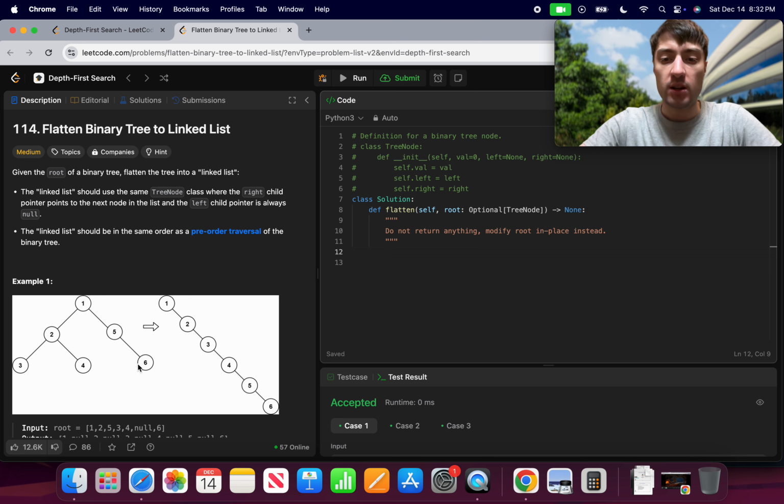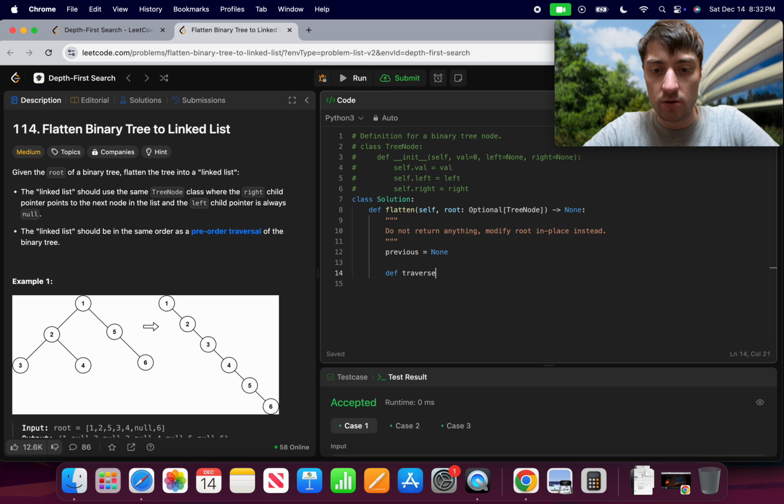Okay, so, and I know that they had previous equals None. Okay, so def and then traverse node. Okay, so then nonlocal